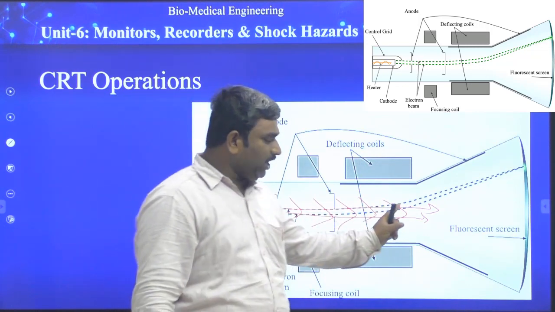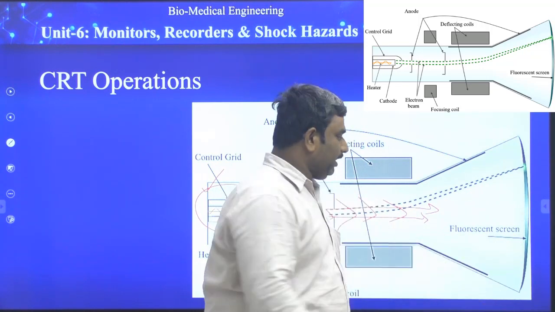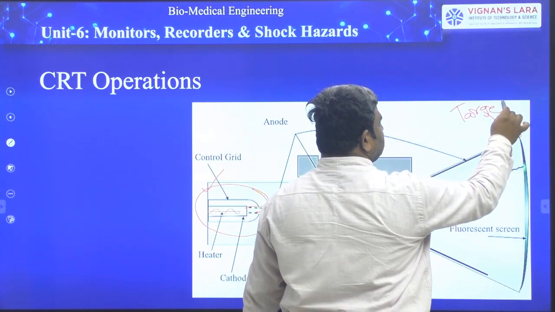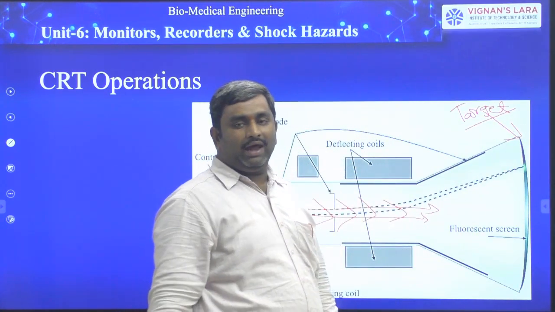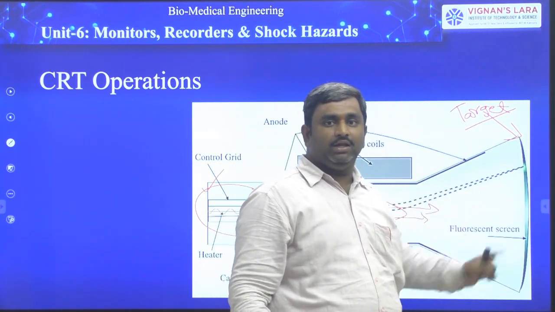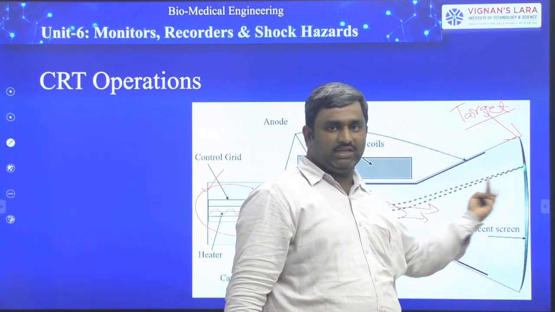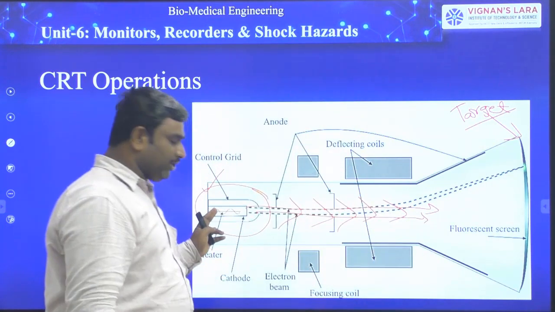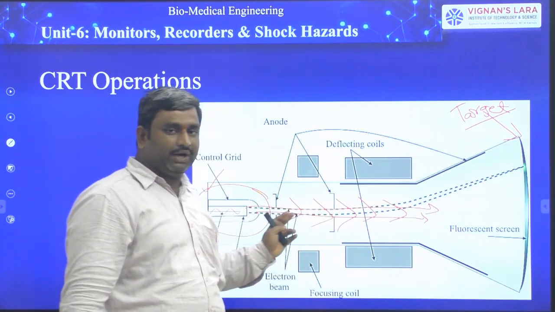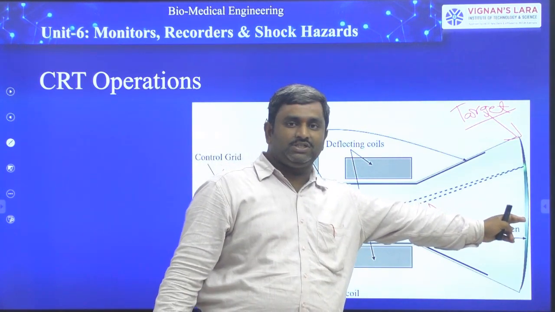After coming to here, these electrons are going to hit the target material. See here, this is the target area, target display. There is some green color or blue color display. The viewers can view the signal from the outer side. On this side, we are sending some electrons. These electrons are generated at the cathode ray tube, particularly at the heater, and they travel through the focusing coils and deflecting coils and reach the end screen.